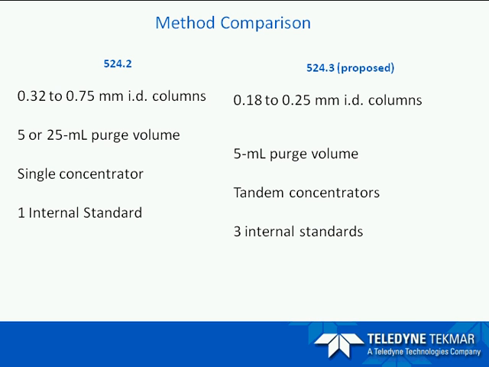Now, several major changes have been proposed for method 524.3 as a result of EPA's research findings. For example, as you notice here on the screen, there are 3 new internal standards that have been added. Now, for 524.2, there was 1 internal standard, and that was fluorobenzene. Now, for 524.3, the proposed changes for the internal standards have been 1,4-difluorobenzene, fluorobenzene D5, and